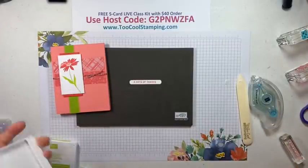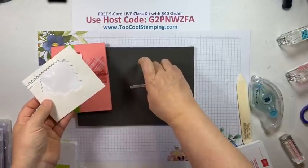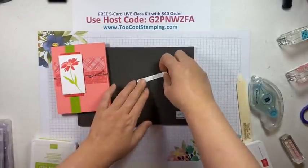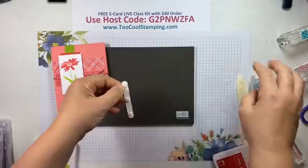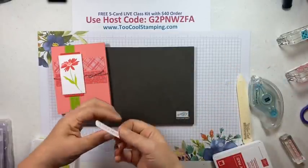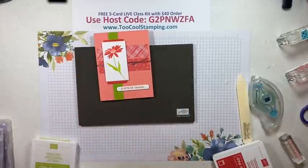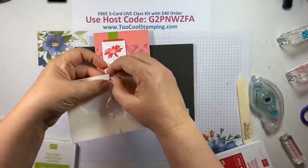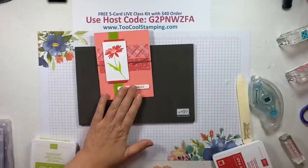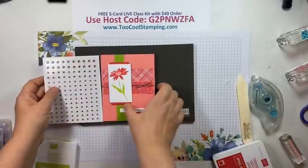And then for these little tiny labels, I highly recommend the mini dimensionals. They work perfectly for this size. So I'm just going to put 3 of those on there, spread them out. If you don't have mini dimensionals, you can always cut your dimensionals in half, or you can even use the dimensional edging. Don't forget about that. Just cut little pieces of that. And that's what I was doing here. You can just cut little pieces of it off and use it all. Don't throw that away. So there's our sentiment, and then we'll finish up with some champagne